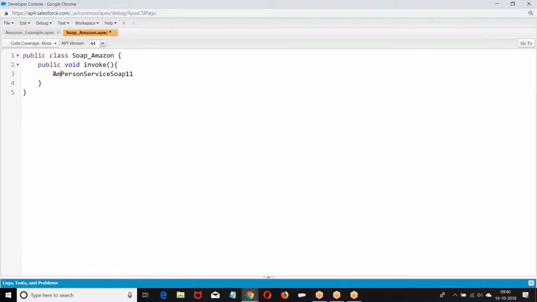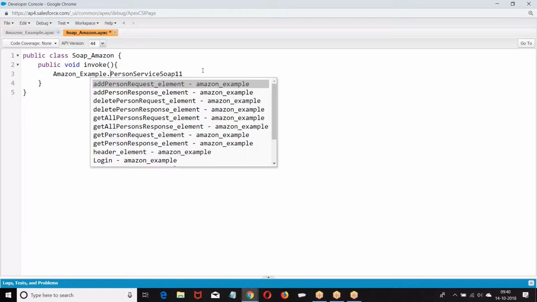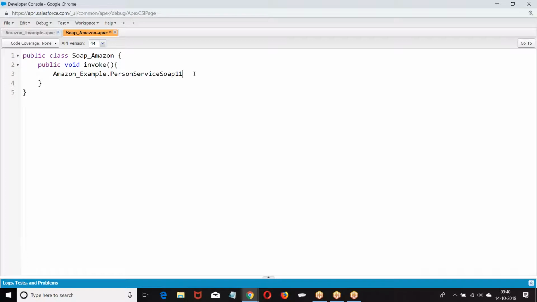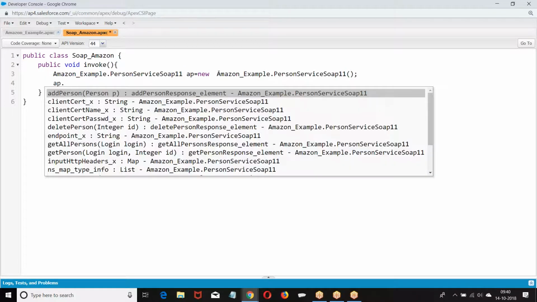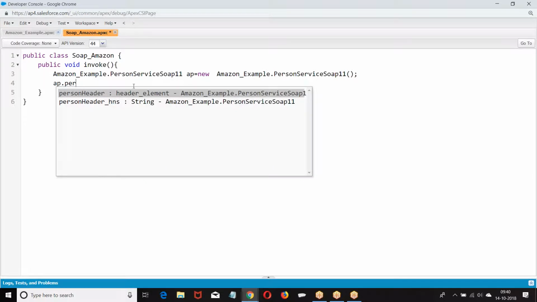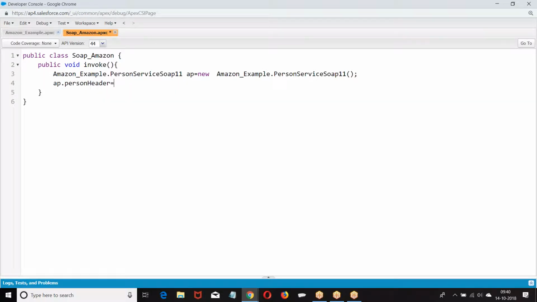Amazon example dot outer class dot inner class. In the inner class we have AP dot person header equal to new Amazon dot